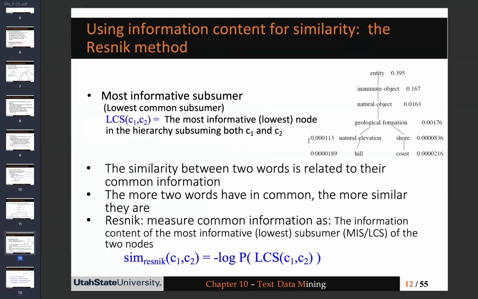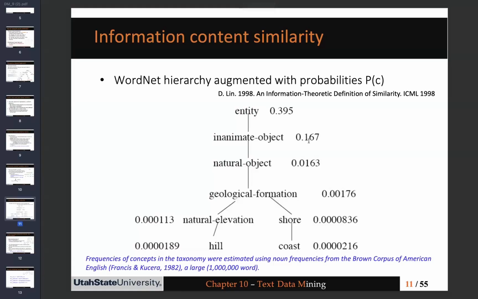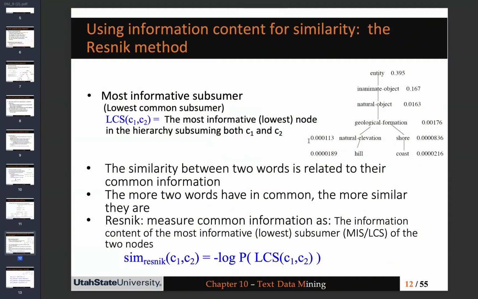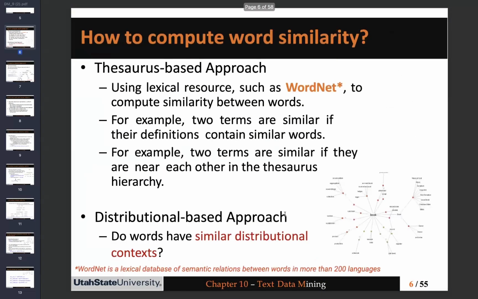Okay, so now, based on this augmented probability WordNet, how can we find the similarities between the words? And now we're getting even smarter because in our tree we're giving some weights to the words as we go down the tree. So as you could see, the hill and coast, although they are at the same level of our WordNet, do not have the same probabilities, just like the case for the prior example when we used only the WordNet